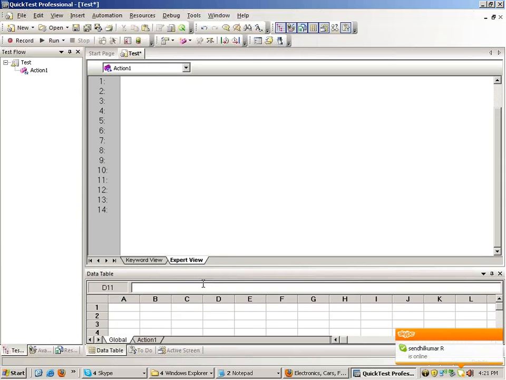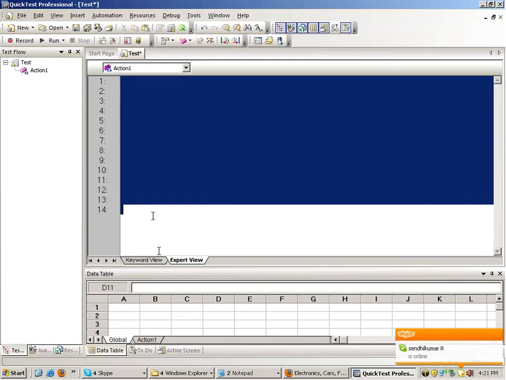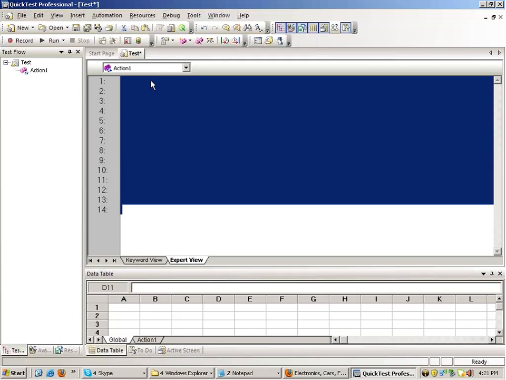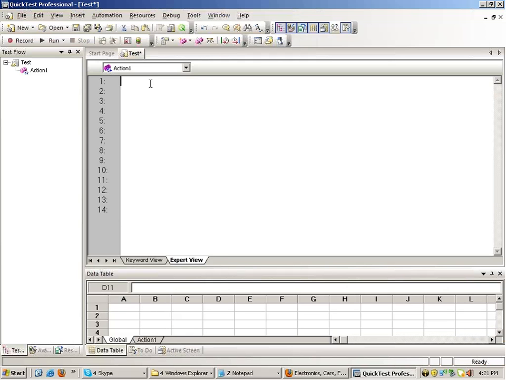But before that, I think I should be telling you a little bit of VB scripting first. Okay. Look, in VB scripting, there are a lot of things, right? But the majorly things which you will be using are the inbuilt functions. They are very important. The inbuilt functions in VB. I'll give you the knowledge of that as well.